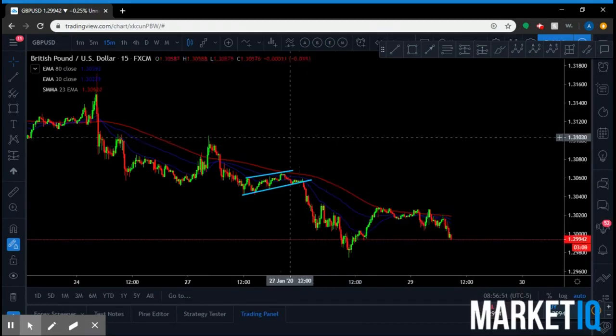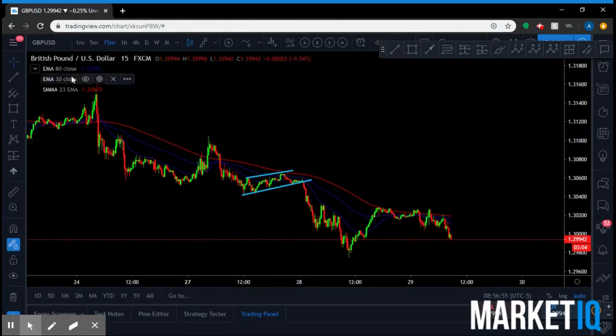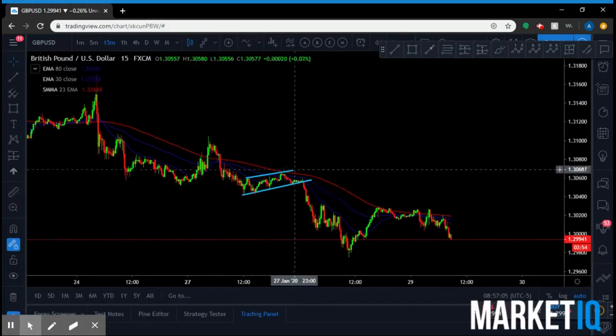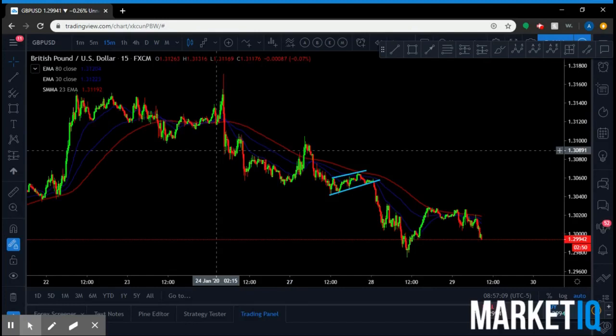But the smoothed moving average is designed to take out more of the noise, so a lot of the spikes. It'll throw out highs and lows within a given period and give you a nice smooth line that's going to approximate the trend. So the way I have my EMAs set up